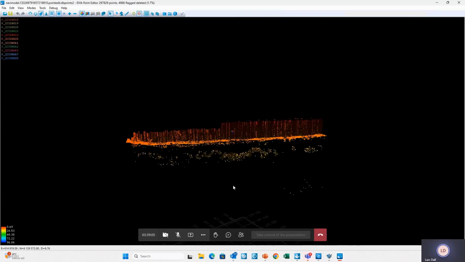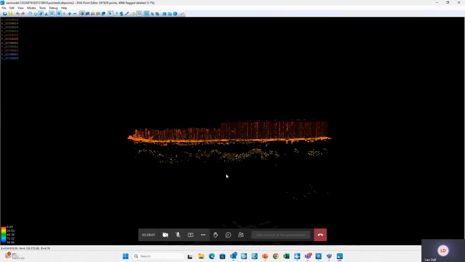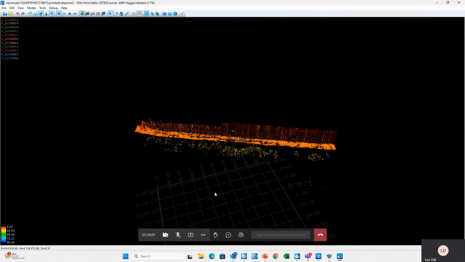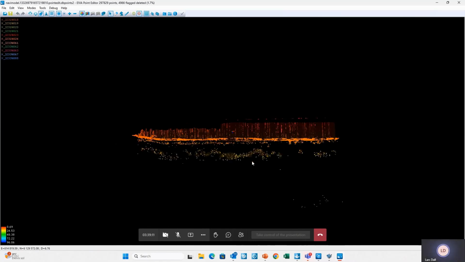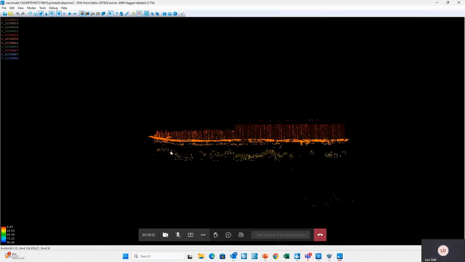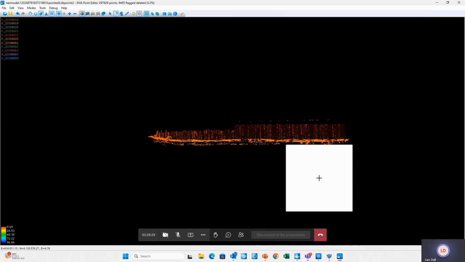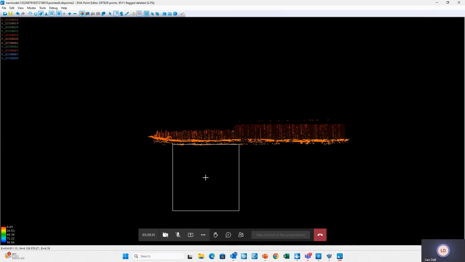I can, of course, pan by rotating the wheel. I can rotate, I can zoom in and out. But I have two tools. One is the eraser tool. That is by far the most efficient one. I'll take that. This is the eraser tool. I can change the size of the data I'm erasing by rotating the wheel of the mouse. And then I could even go close to data